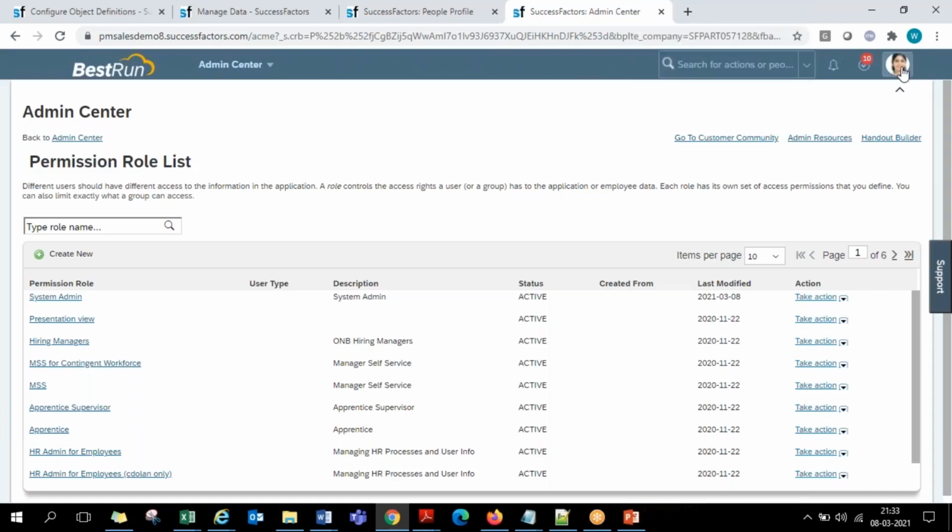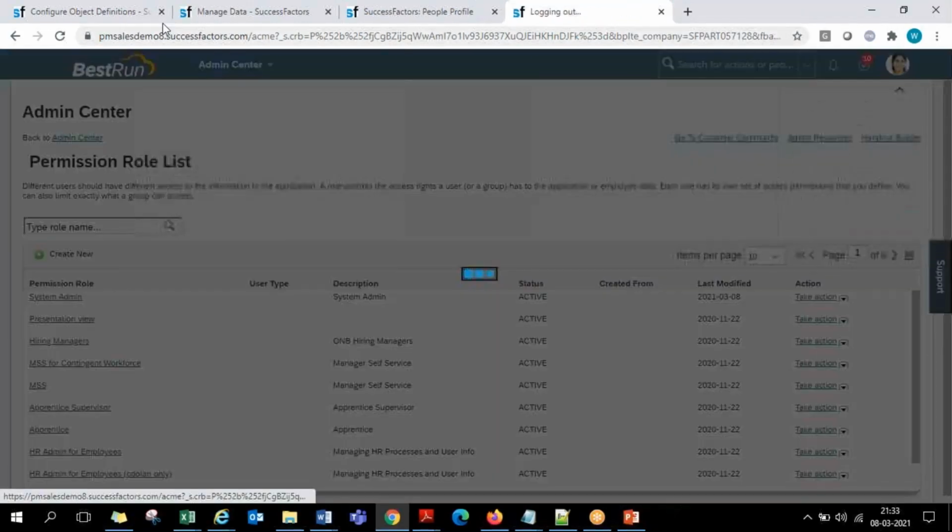Log out and log in back. Sometimes permission changes will require us to log out and log in back, gentlemen.